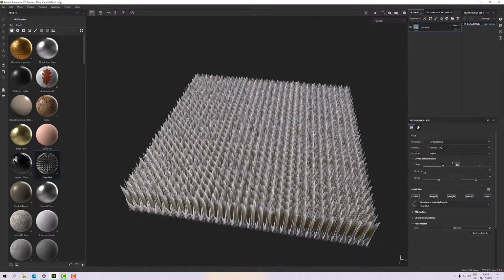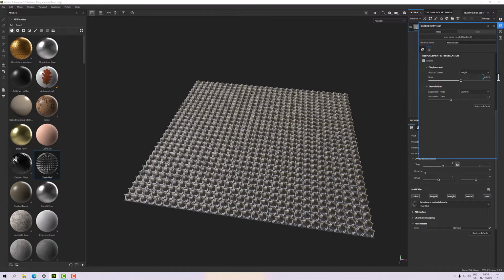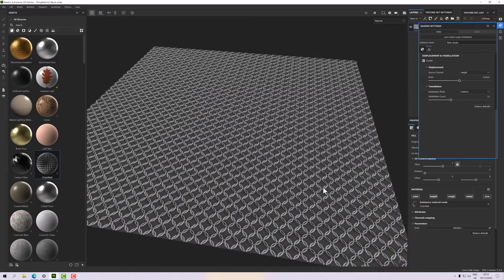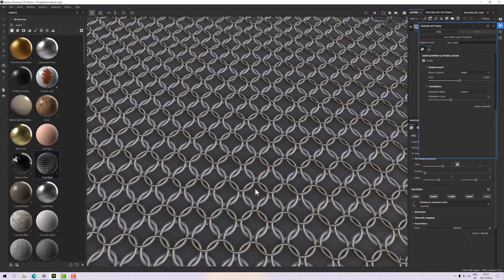see it looks mad. So the first thing I have to do in the shader settings is go to the displacement value, and I need to reduce that. Let's try 0.025, that's too much. Let's put another 0 in there. There we go. So as you can see from this, even though this chainmail has an opacity, it's not showing